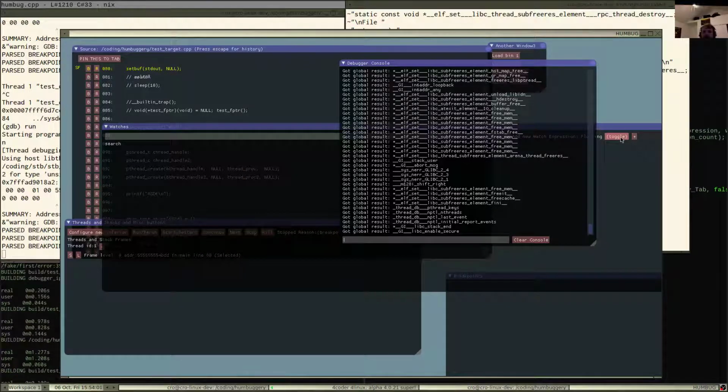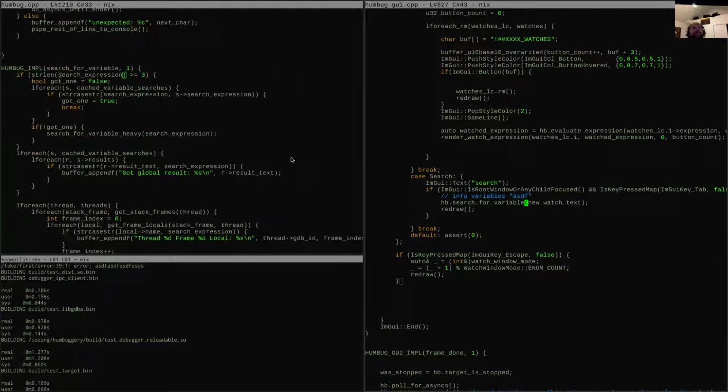Remember before how I was saying we would need an iterator object? I don't think we actually need that now, because we're already storing the stuff in a cache that can be relatively globally accessible. So all we need to do is just loop through it from the front end.